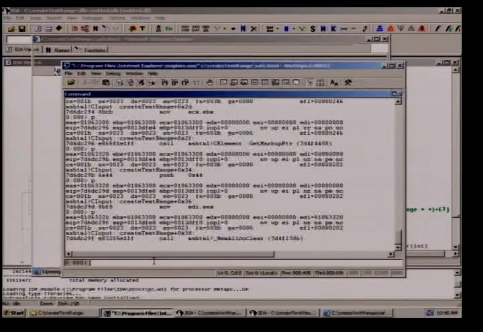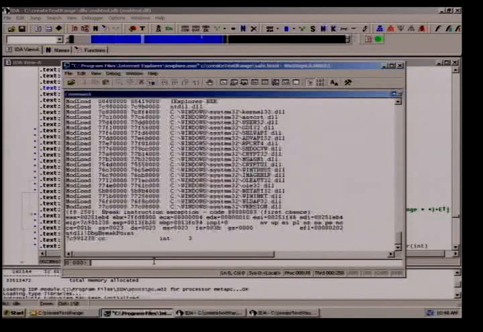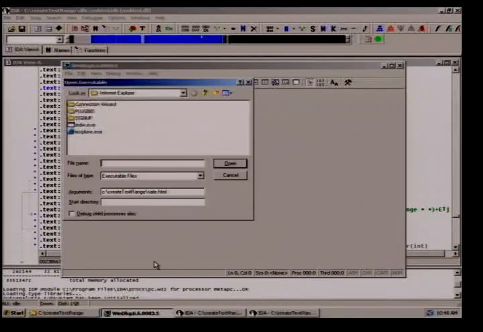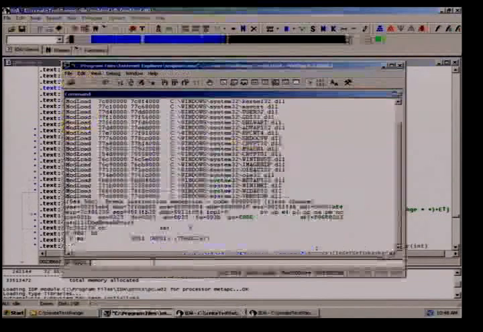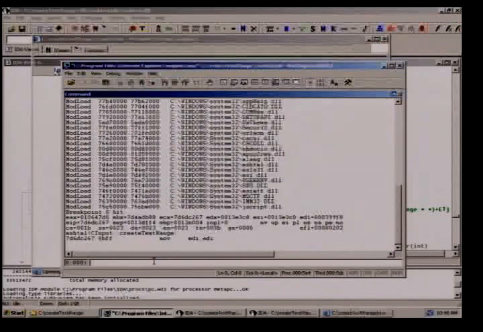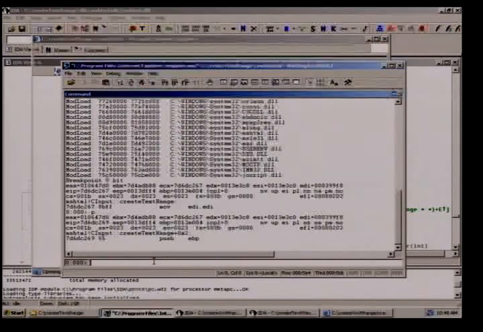So now let's redo this using the crash HTML file and see what the difference is. This time we load crash HTML. We still have our breakpoint in create text range. We let it run. If we step through it, we want to find where the two paths diverge. We want to find what the difference is. If we had something like BinNavi, this would be very simple, but we can do it in WinDbg